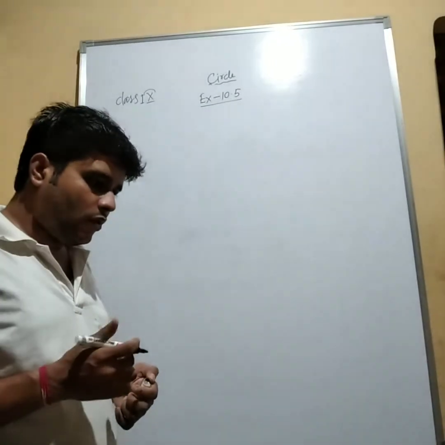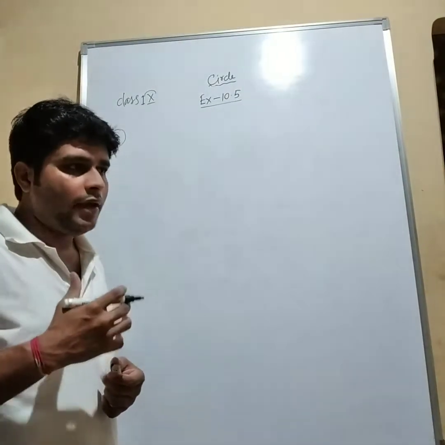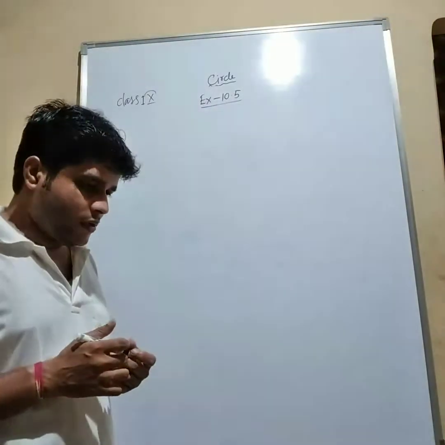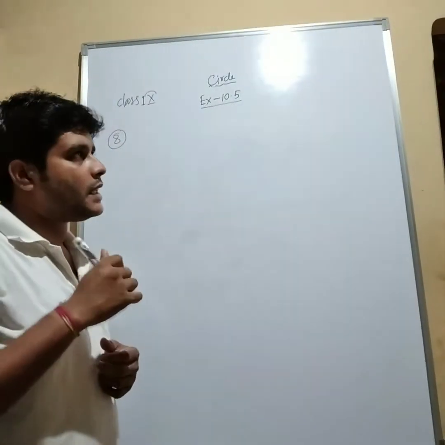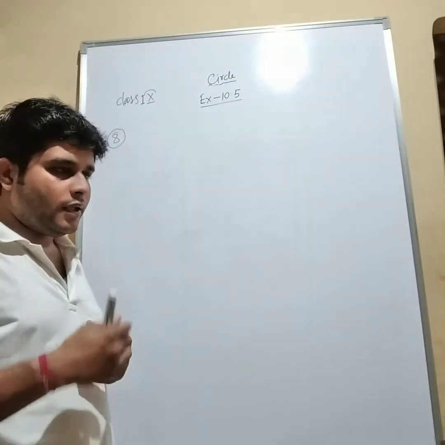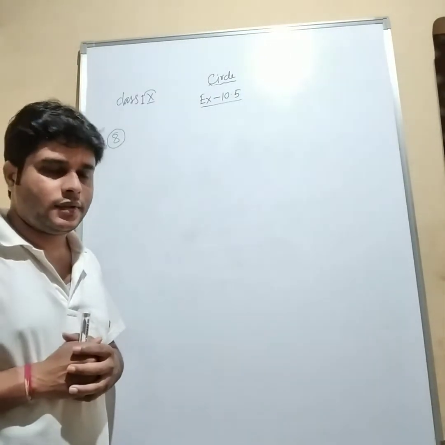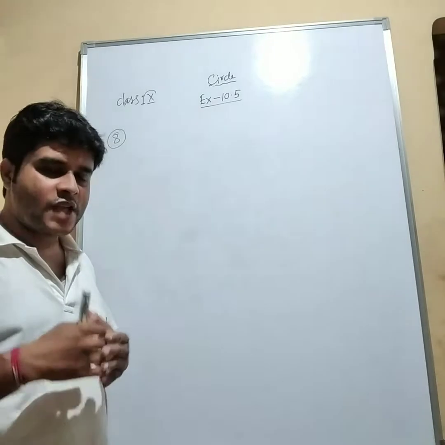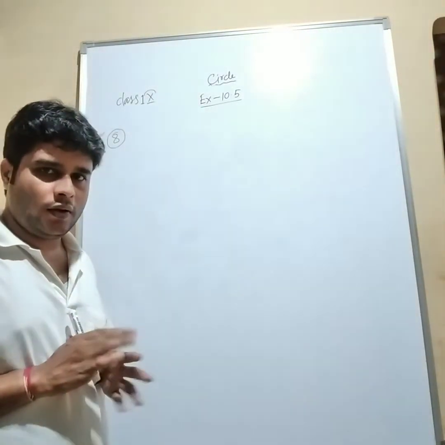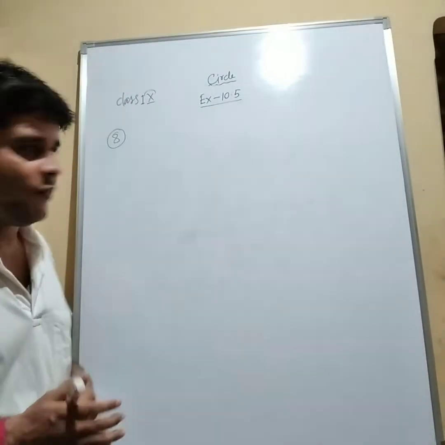A quadrilateral whose four vertices lie on a circle is a cyclic quadrilateral. An important property of a cyclic quadrilateral is that the sum of the opposite angles of this quadrilateral is 180. That means if I can prove the sum of opposite angles is 180, then it is cyclic. If it is cyclic, then that result will hold every time.